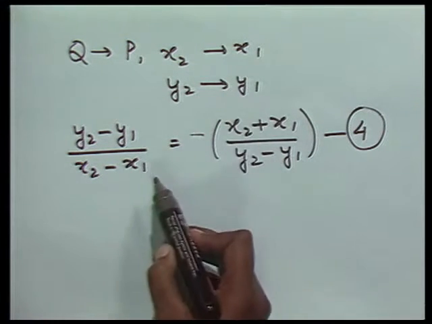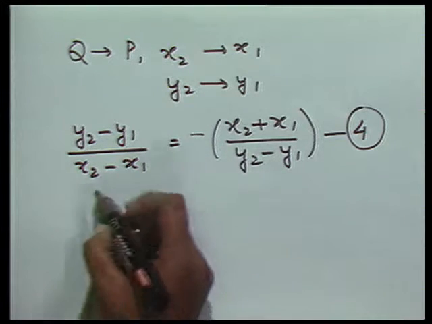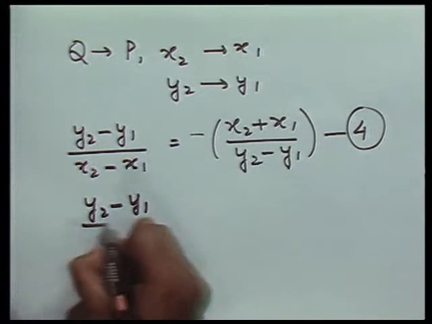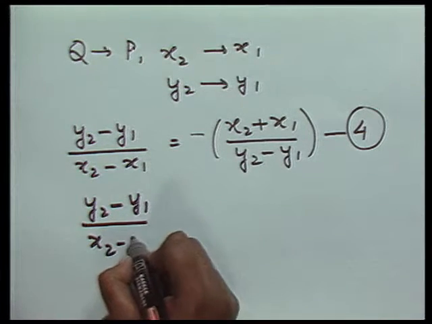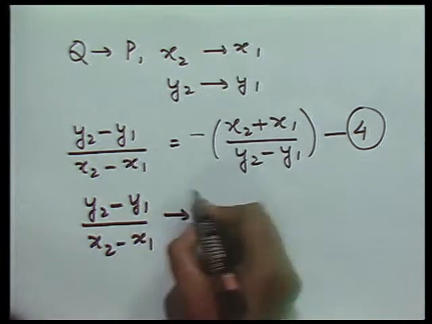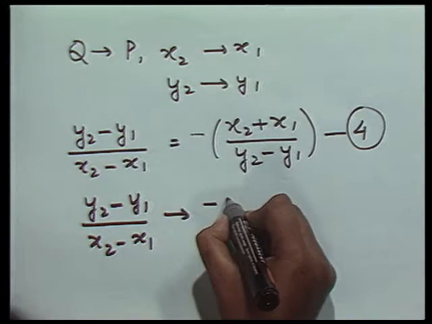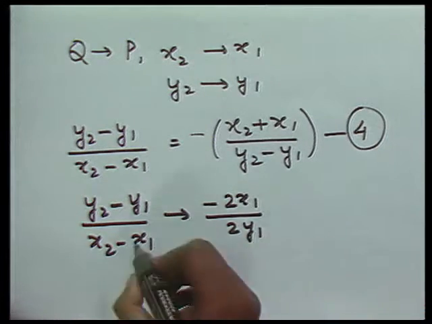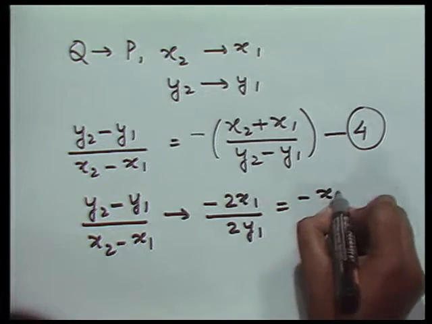So, in the limiting case, this equation 4 tends to y2 minus y1 upon x2 minus x1 tends to become minus 2x1 upon 2y1, which is minus x1 upon